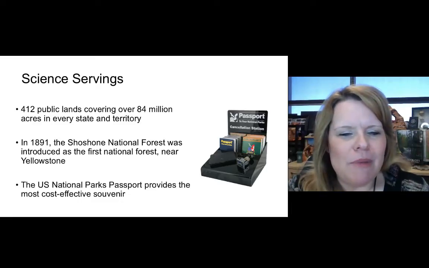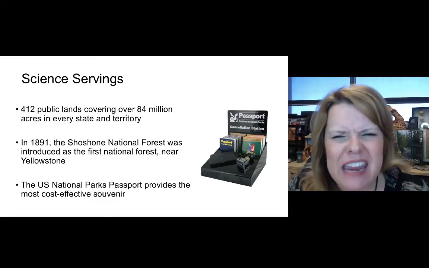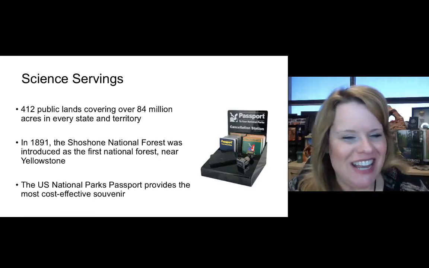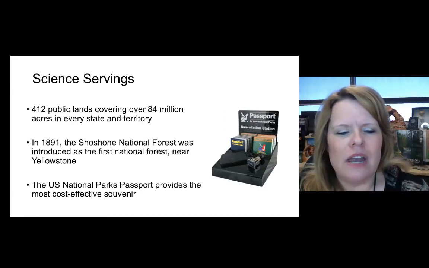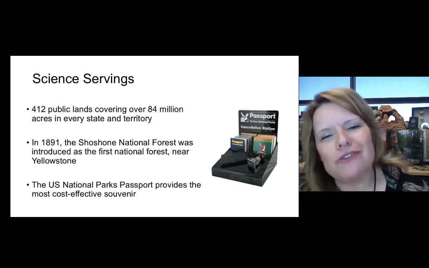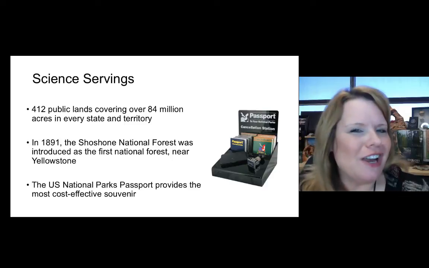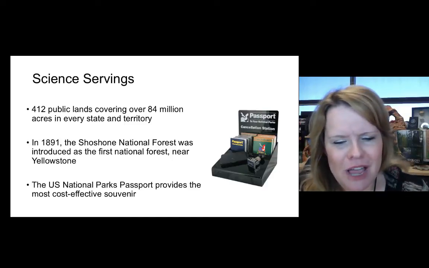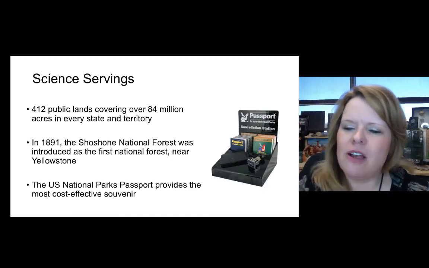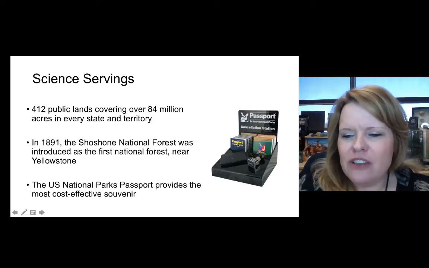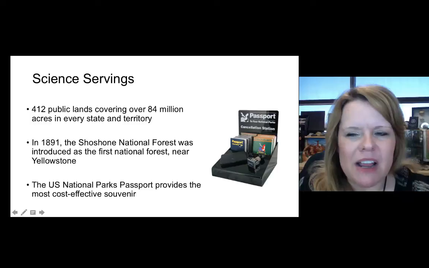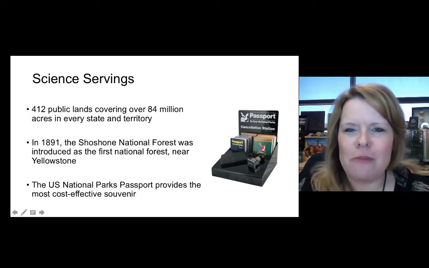There are 412 public lands covering over 80 million acres in every state and territory of the United States of America. In 1891, the Shoshone National Forest was introduced as the first national park near Yellowstone National Park. The U.S. National Park Passport provides the cost-effective way to do and see the places and get a souvenir because you can stamp your book, but I encourage you to get the pass, get the park pass so you can